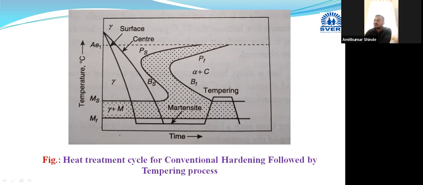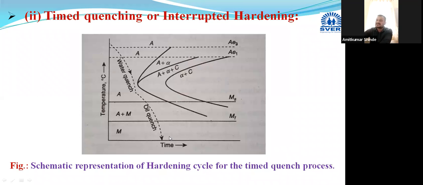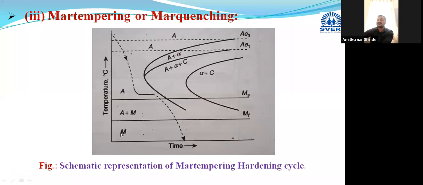If only martensite is given as an option, then go for martensite. If low carbon martensite or tempered martensite is an option, then it is conventional hardening plus tempering, and you will get tempered martensite. Mediums used: if low carbon steel hardening is done, the mediums used will be water and oil. For medium carbon steel or high carbon steel, oil and air medium. Like this, different mediums will be there.